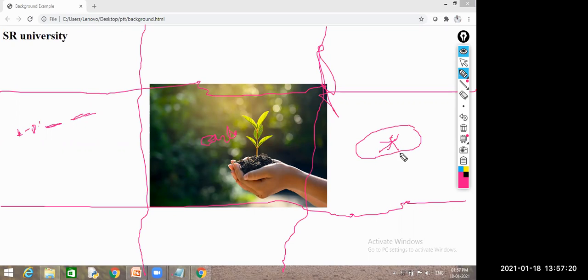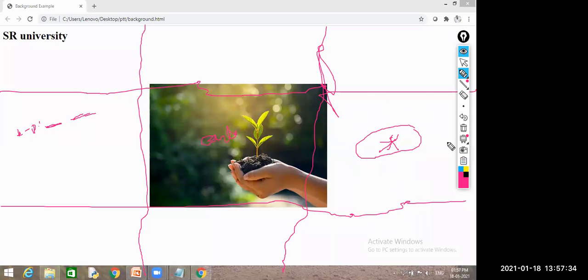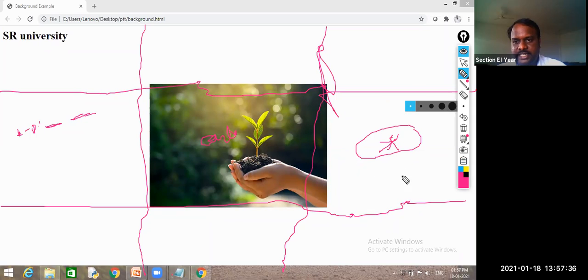I will tell you this one, and you need to tell the remaining positions. This is the right side. Is it the right side of your screen or not? And is it center, top, or bottom? Center. Right center is this one. Next we will see whether it will display at this position or not.